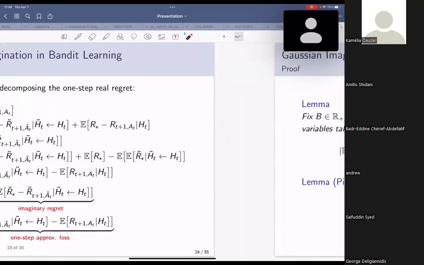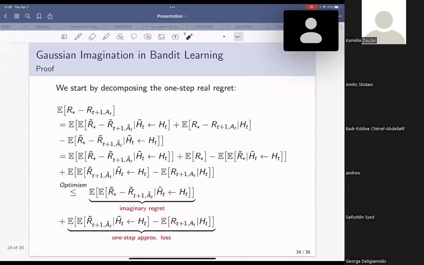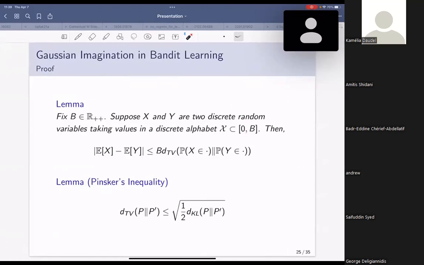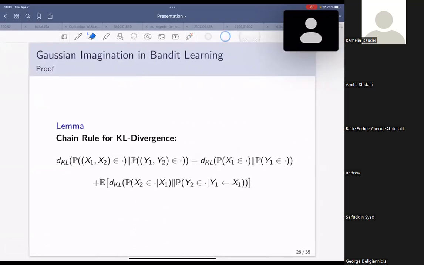Using this lemma, which says that if X and Y were two discrete random variables that were bounded, then we can upper bound the difference between their expectation by the total variation between their distributions. So we could have upper bounded this by the total variation between the rewards. And then using Pinsker's inequality, we could have upper bounded by the KL divergence. And then by using the chain rule for KL divergence, after getting the summation over time, we could have reached